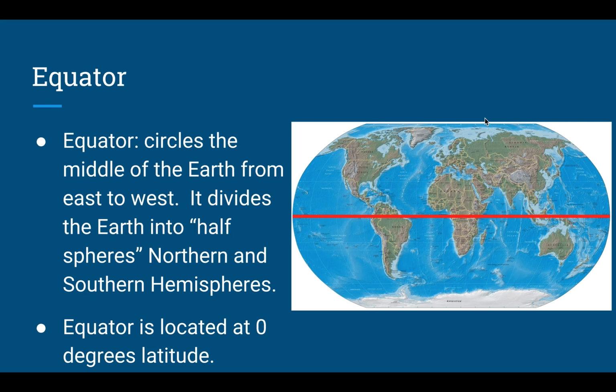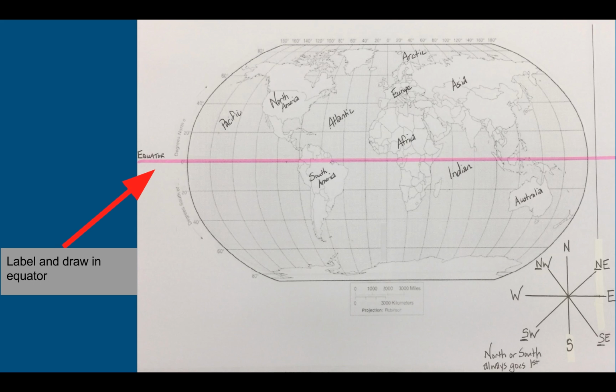So what I need you to do, besides writing these 2 bullet point notes on your handout, is turn your attention to your map, and we're adding step number 3. I need you to please take a color highlighter, whatever color you choose. It does not have to be pink like mine. And I need you to draw in or highlight the equator, please. I also need you to label that highlighted equator.